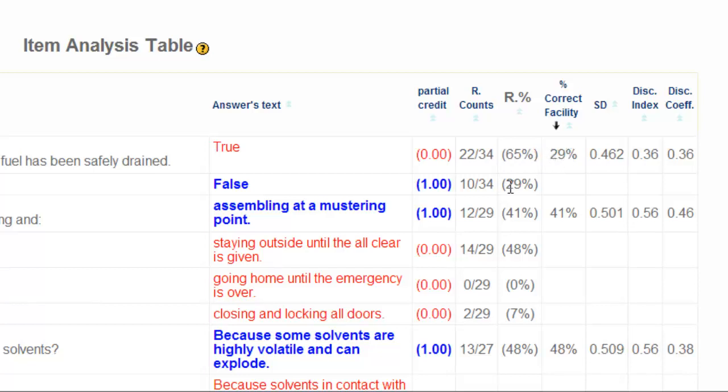Shows that only 29% of the students who took this test got this answer correct. Sorting the data by percent correct facility from low to high, like we've just done, is the quickest way to identify weaknesses in class or program comprehension. And when you look at data like that, that can be useful for teachers to say, we should probably go